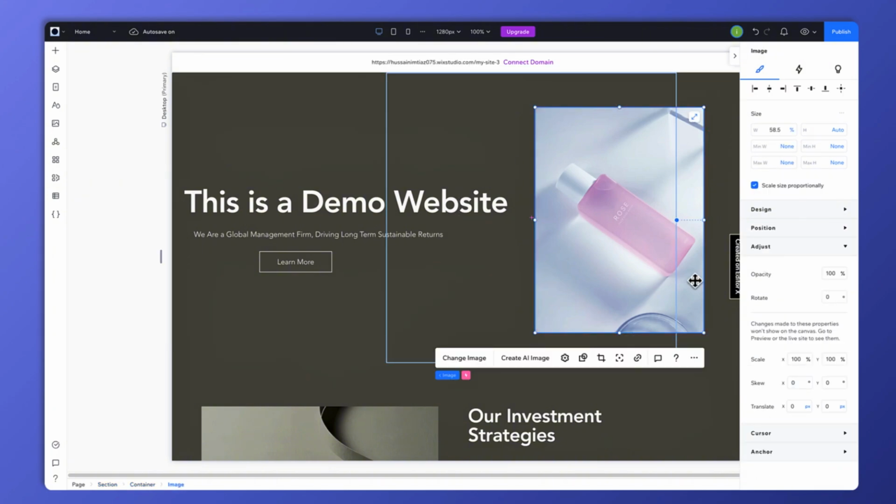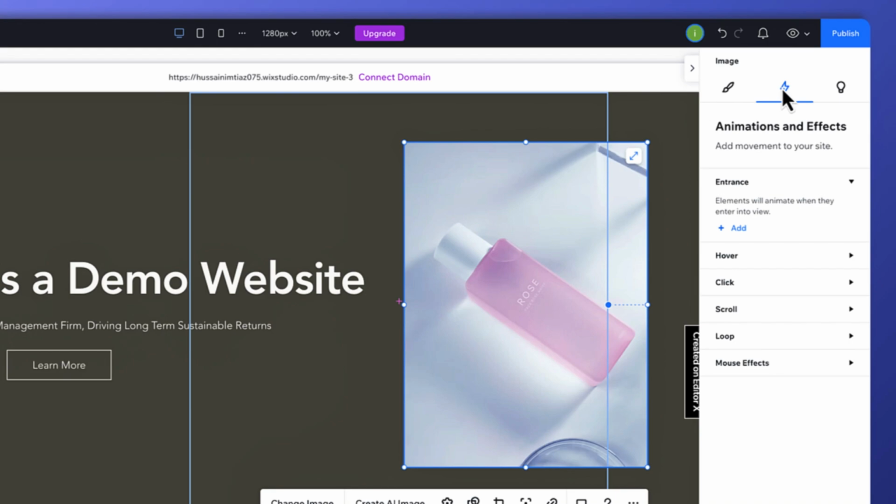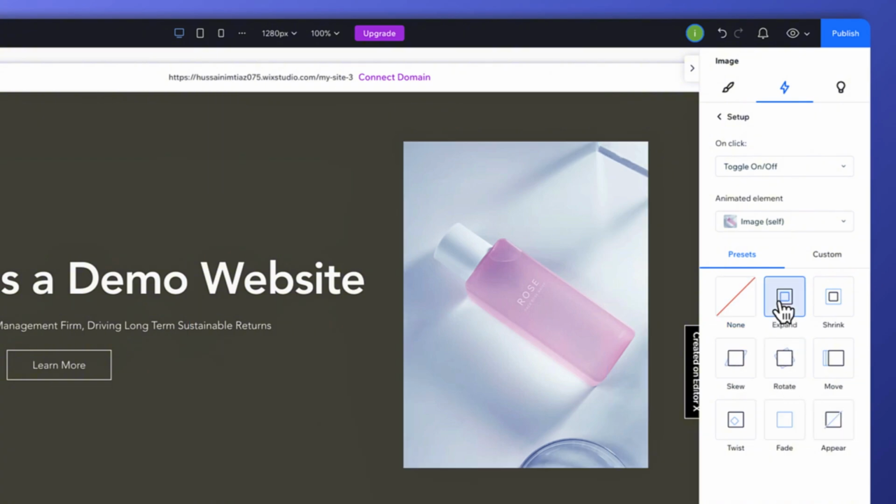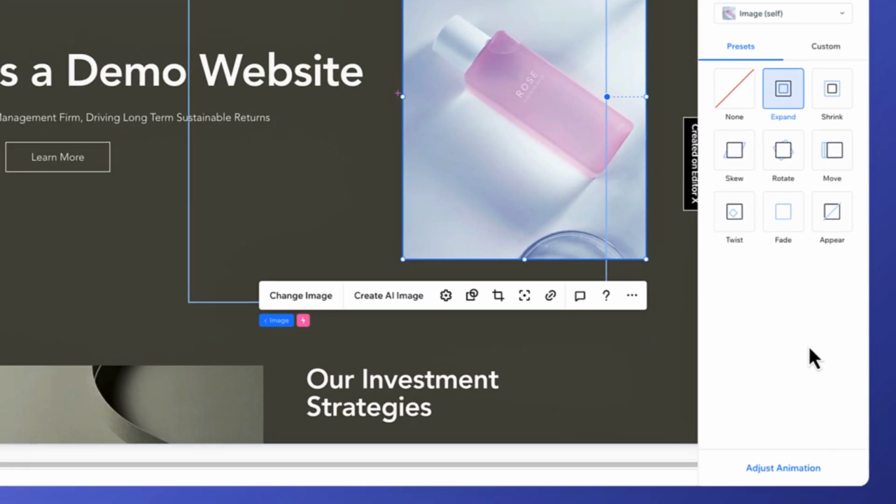Open the inspector on the right side and click on animations and effects. Then open the section click right here and click on plus add. And here you can choose between all of these preset animations which are going to happen after you click on the image. If you want, you can also adjust the animations by clicking here on adjust animation, and here you